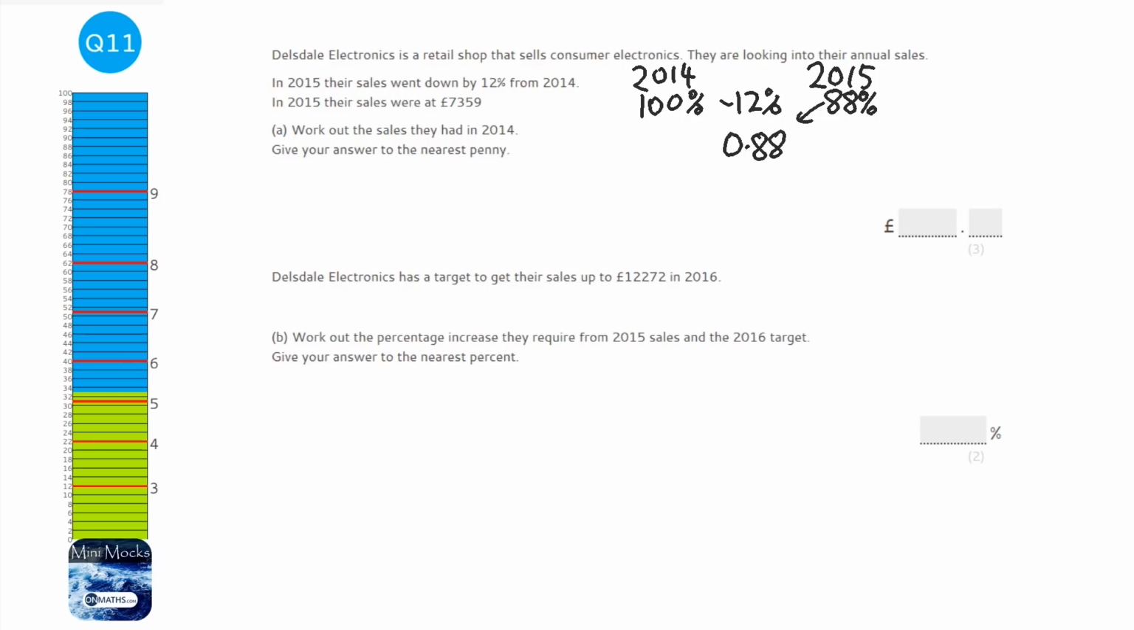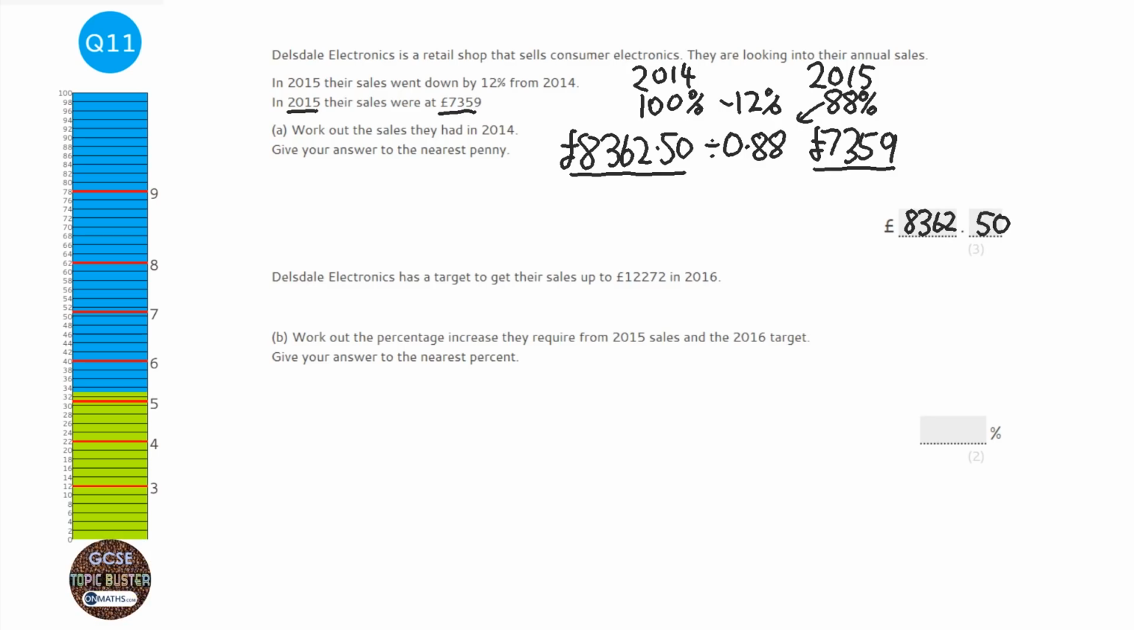But in this question, we're given the 2015 sales, so we're given this one here. So we want to work backwards. I'll get my calculator: 7,359 divided by 0.88, and that gives me £8,362.50. You've got to ask yourself, well, is that reasonable? Well, they went down by 12%, so it's natural that they would go from a number just over 8,000 to a number that's just over 7,000. So I'm going to write the answer,